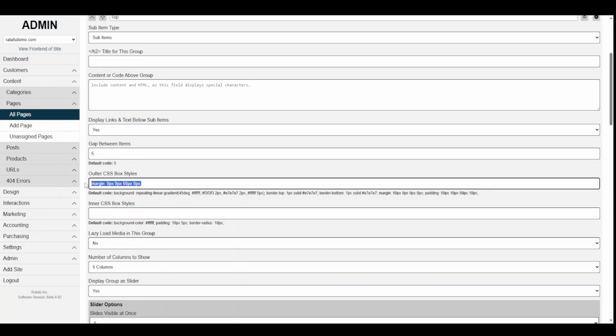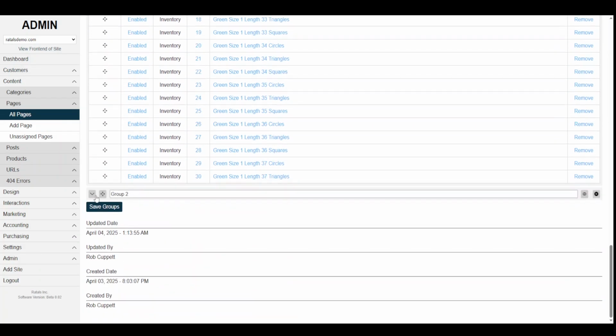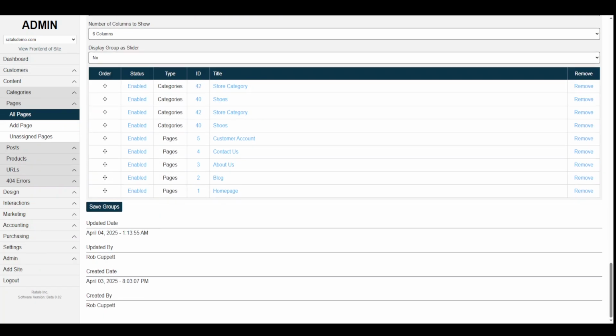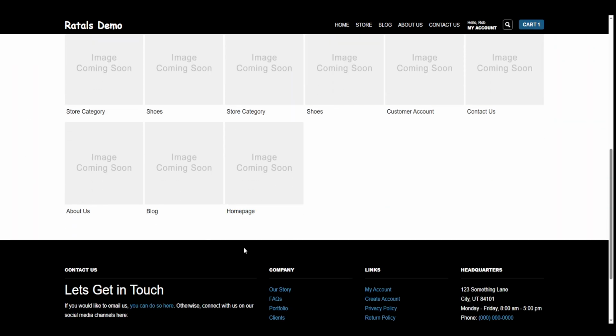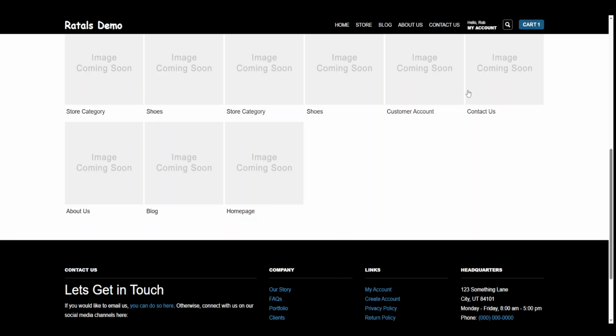So I'm just going to copy this. We'll make this one like 20, right? So there's some margin between that slider and our next group down here on the outer. We'll make that one 60, save, come back out here. So now we have that a little bit tighter with our margin down there. So you can see how you can start to make it whatever you want, make these as big or small